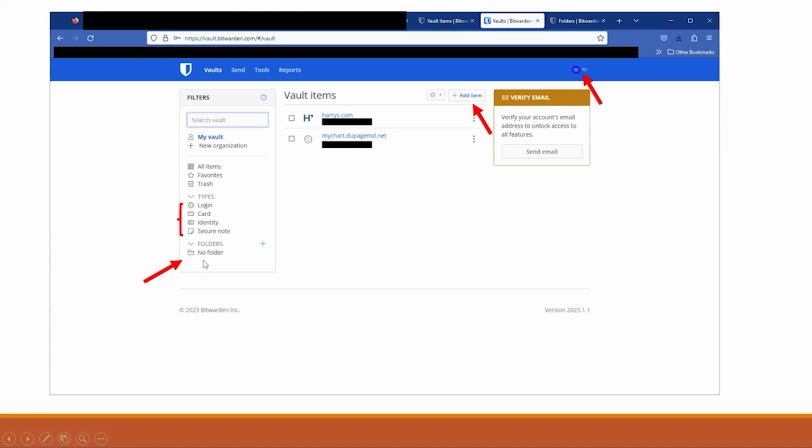I have changed this since, but the folders can be added if you wanted to organize all the different items. So maybe you have credit cards for work and credit cards for personal use. Maybe you have different health passwords and logins for one user of the computer or another. You can separate those into different folders, and that way you have an easier time sifting through all the items